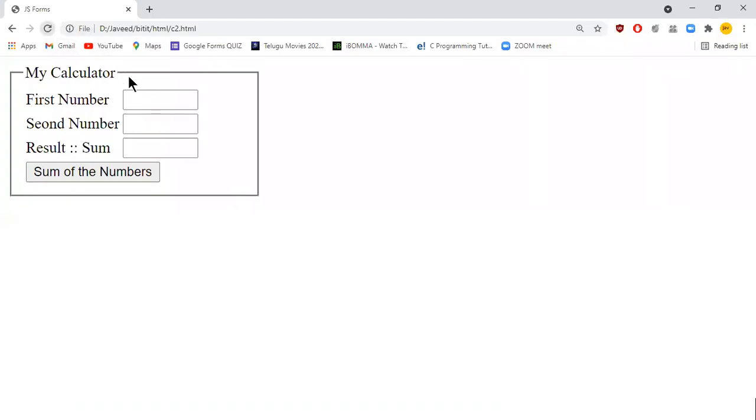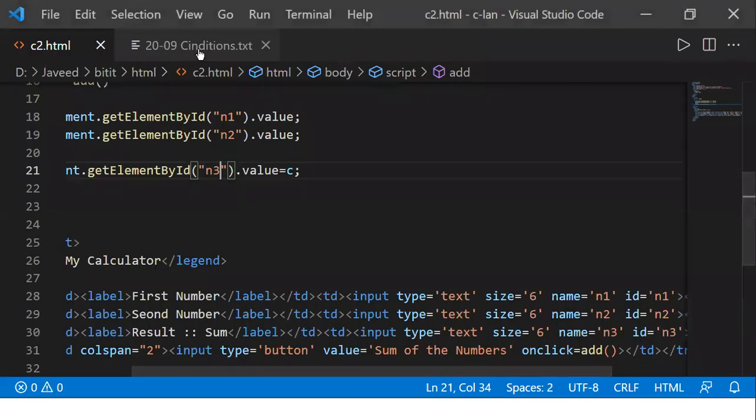Okay, I'll refresh my page again. Then I'll give the first number, second number, and click on the button. Now you see that the two values we gave have been added, and it shows me the result here. If you look at the result, the first value is 23, the second value is 11. What it is doing is concatenating 23 and 11. It is not performing mathematical addition, but the job of concatenation. Now let us understand what we have done there.